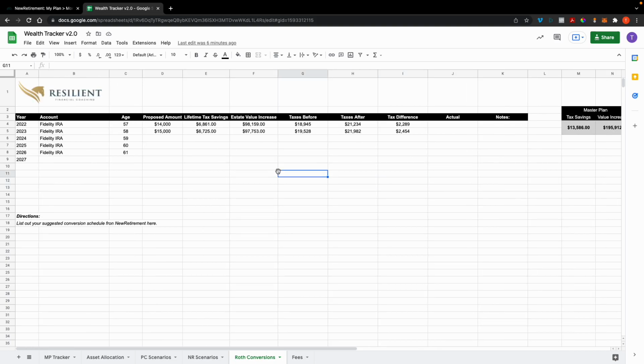Okay. So at the end of the day, this is really what you're going to be basing your decisions on. Initially, it's: can I afford to pay the taxes? Okay, great. Like, I could have 100 grand more if I convert 14, which is pretty significant. I mean, think about it. Look at that rate. Look at the return on investment. 14 to have 98 more. That makes a lot of sense.